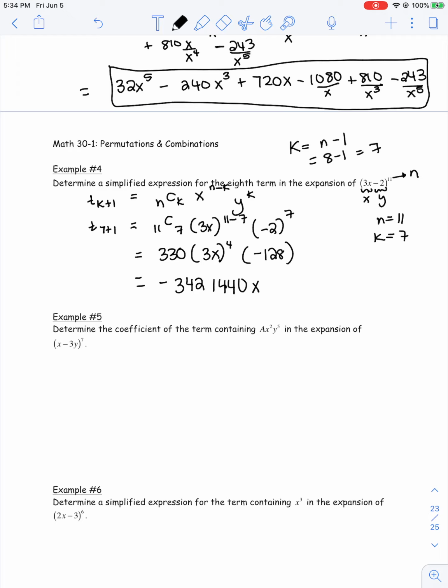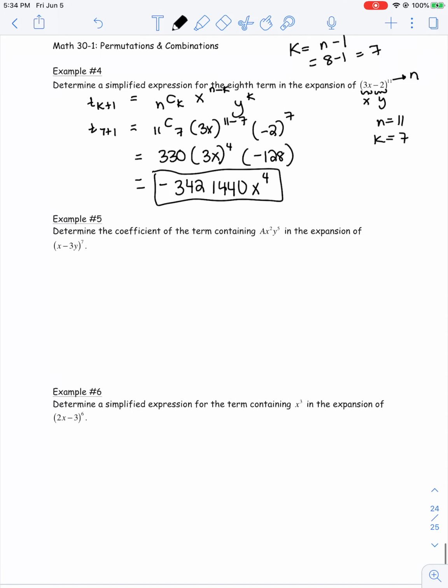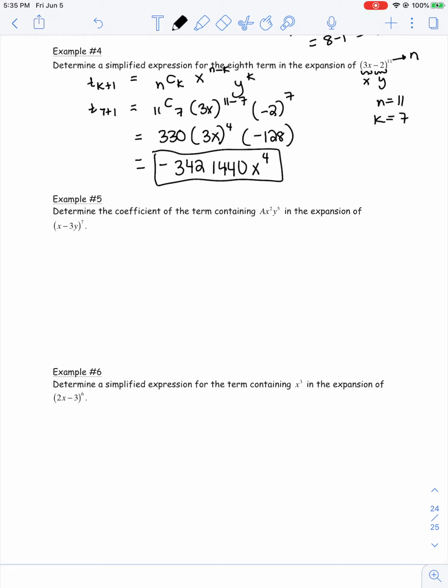And so that gives me x to the power of 4. So this is the actual term, or the value that is in the 8th spot, the 8th term. So this is what I would have as the solution. Now they're saying determine the coefficient of the term containing